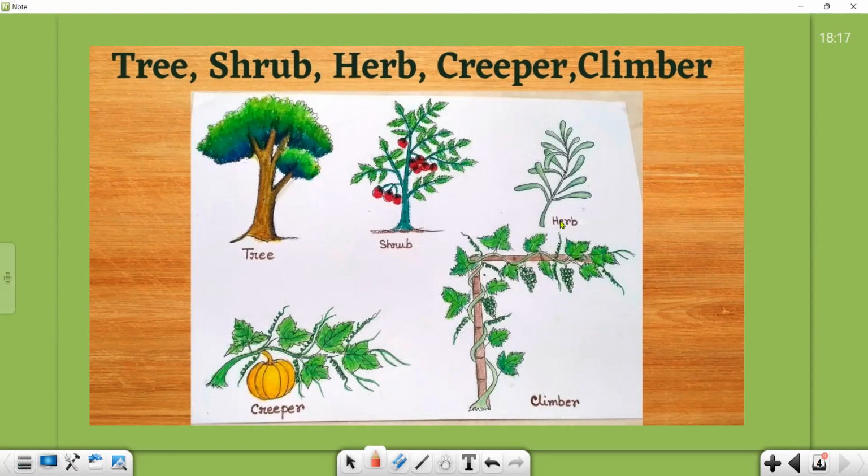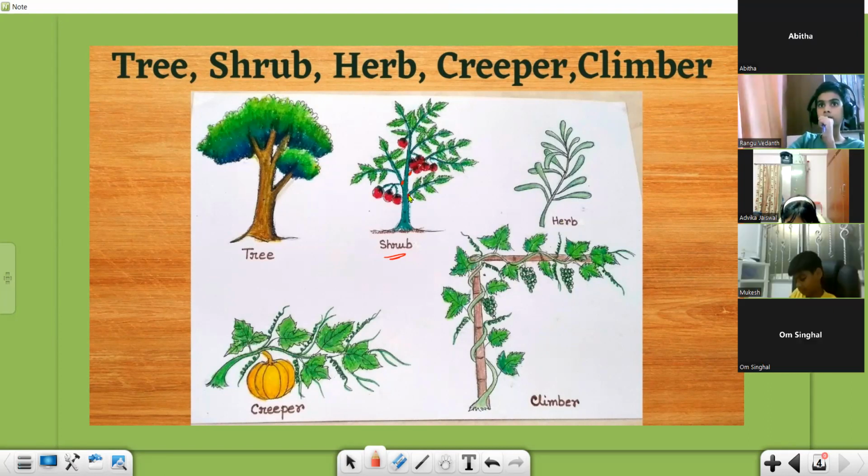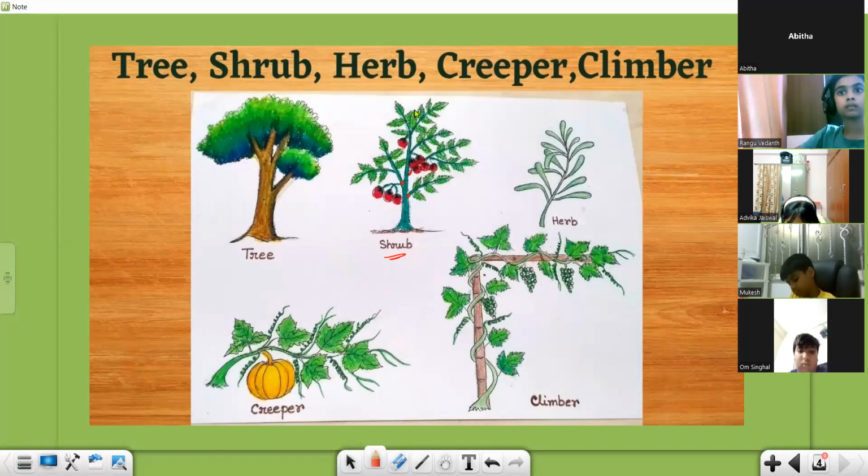In a plant you can find the root system and the shoot system. In the shoot system, wherever the branch is arising, it is called a node, and the distance between two nodes is called internode. The angle between the main stem and the lateral stem is called axil. If a bud is there in the axil, it is called axillary bud. And if a bud is there in the terminal, it is called terminal bud. Okay.